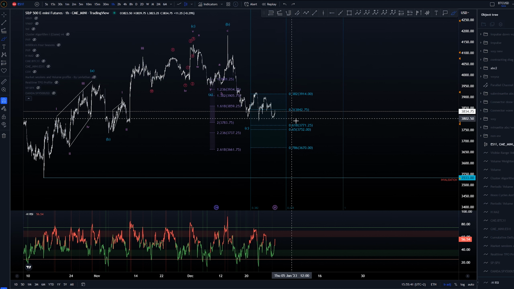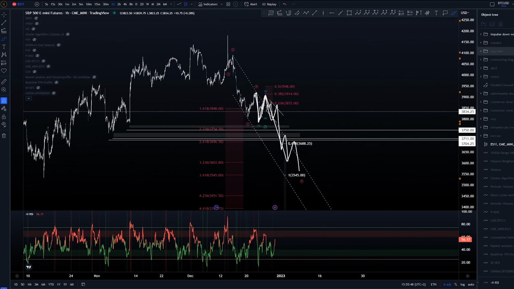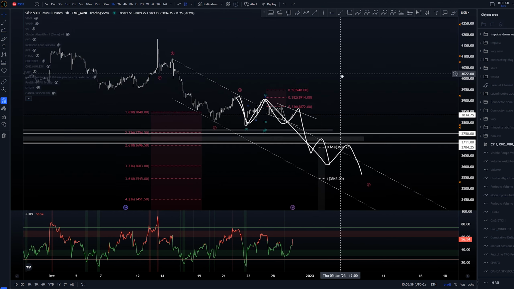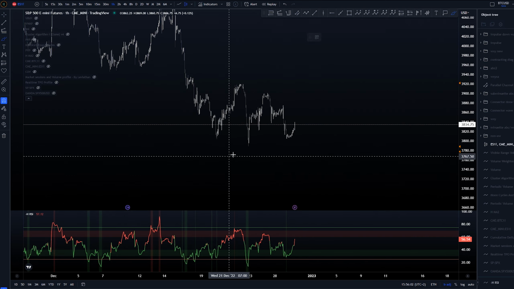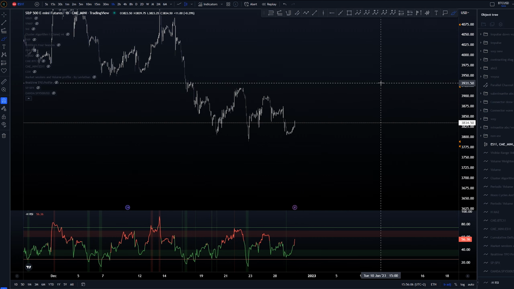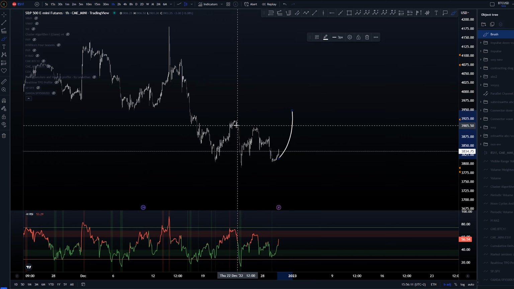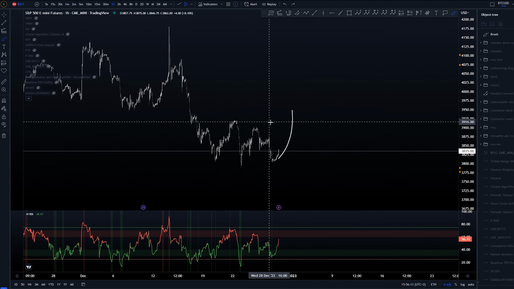Until that happens, we can still keep on looking at all the options as possibilities. But yeah, I think those are the structures that I'm currently looking at, staying on the short side until some of these highs are taken out and the market structure changes to a bit more bullish. However, as we've seen, these are the lows. These don't seem like an impulsive structure to the upside. So overall, I'm still leaning more bearish, even if we would take out these structures here as highs, because again,